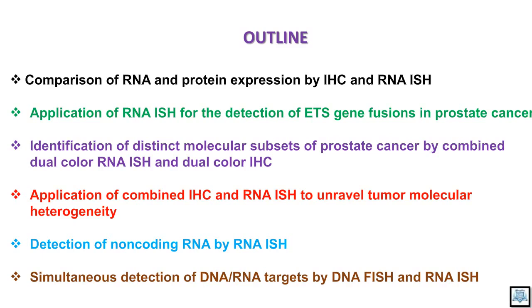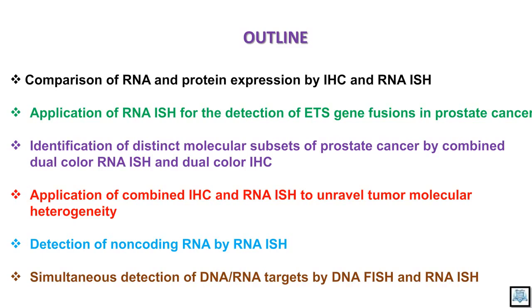And then by using this method, we show how we can combine both immunohistochemistry and RNA in situ hybridization for the detection of more than one marker in a single hybridization experiment. So with this approach, we will be able to study the tumor molecular heterogeneity in prostate cancer. As you may be aware, more than 80% of prostate cancers are multifocal disease. So we are trying to understand the genetic underpinnings in the different tumor foci by combining this RNA and immunohistochemistry